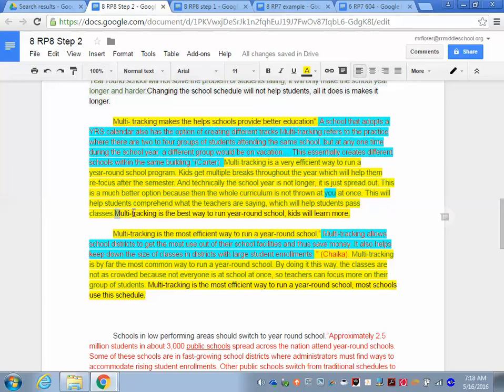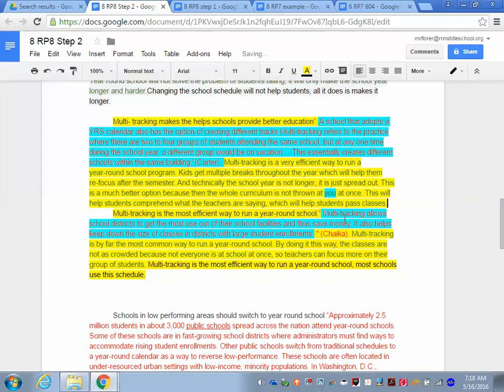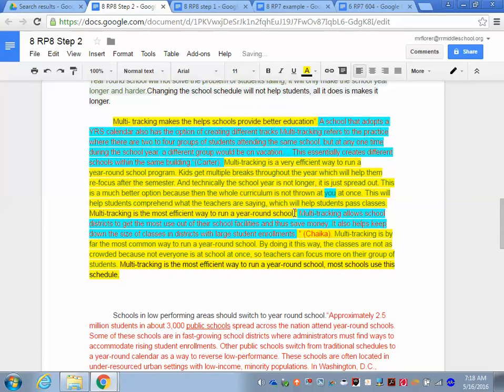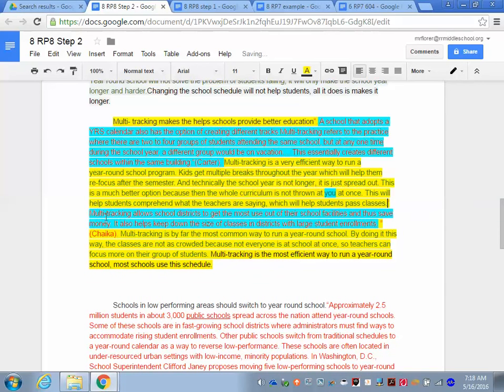I'm going to take out a concluding sentence because we certainly don't need a concluding sentence in the middle of a paragraph. So we'll hit delete, there we go. And we can take out this topic sentence because we don't need two topic sentences in the paragraph either. And so we've shown that it makes the curriculum more accessible. We have shown that it operates more efficiently, rather than the most, I would just say a more efficient way to run schools,